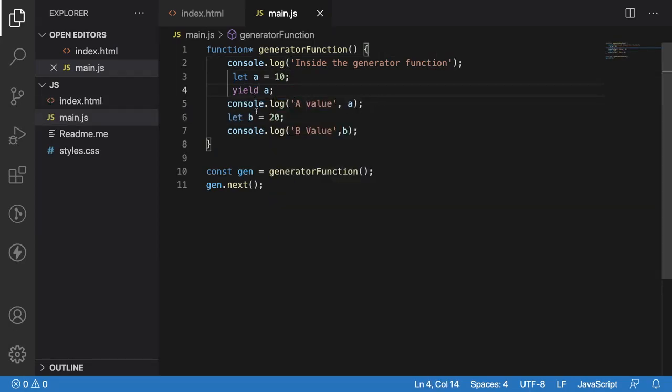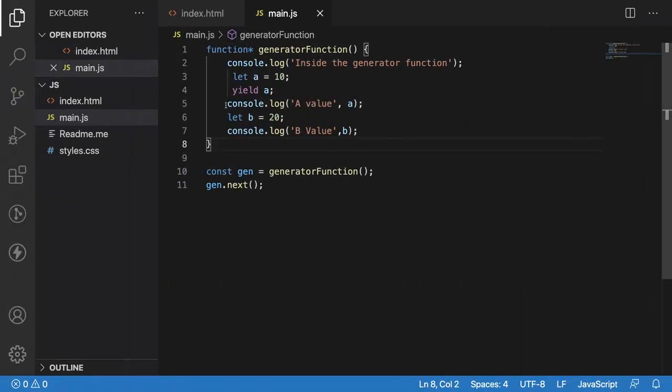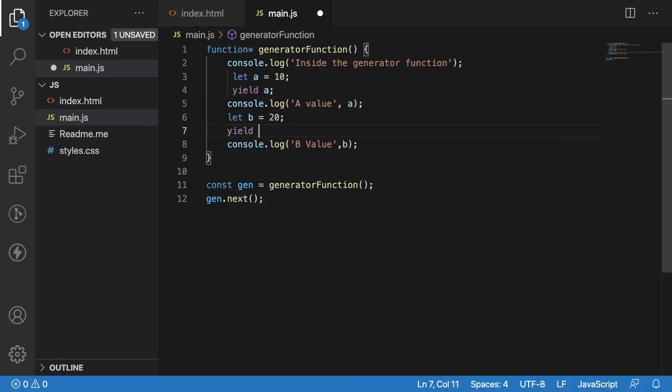So whenever a generator function sees the yield keyword, then it stops its execution. Let me go to the browser, reload. If you see here, I am inside the generator function, but it is not printing the a value. Why? Because it has stopped the execution by using the keyword yield. So let me write one more yield b.